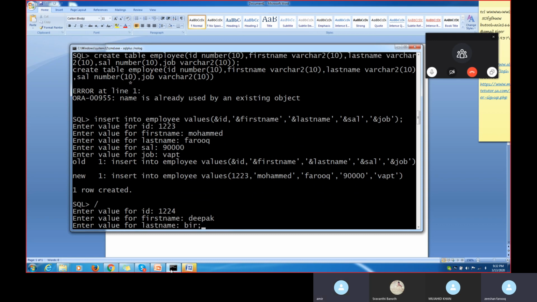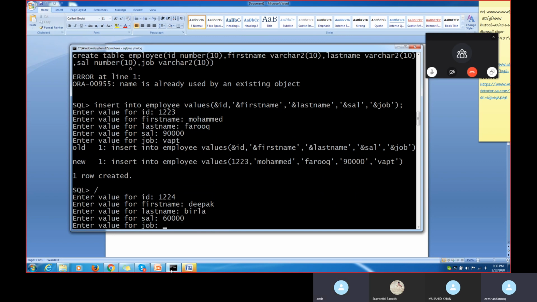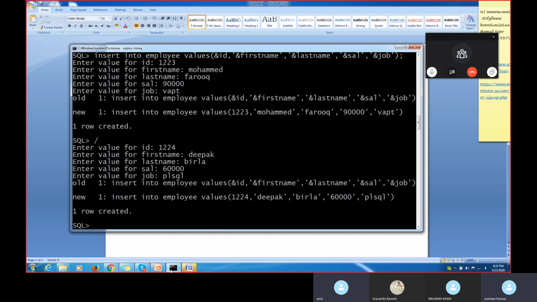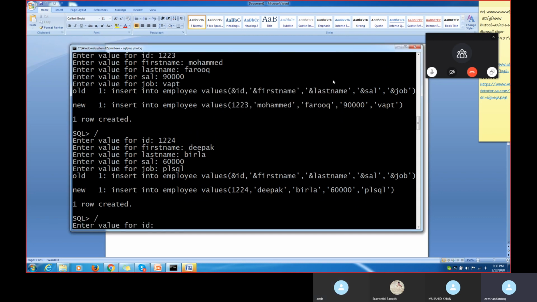I don't have to write it again, insert into table name values like this. Getting my point, right? I don't have to write it again and again. In PL/SQL, for example, one go inserted like this. Simply click on slash. As many times as you want, you can create 50 records, or 100 records like this.